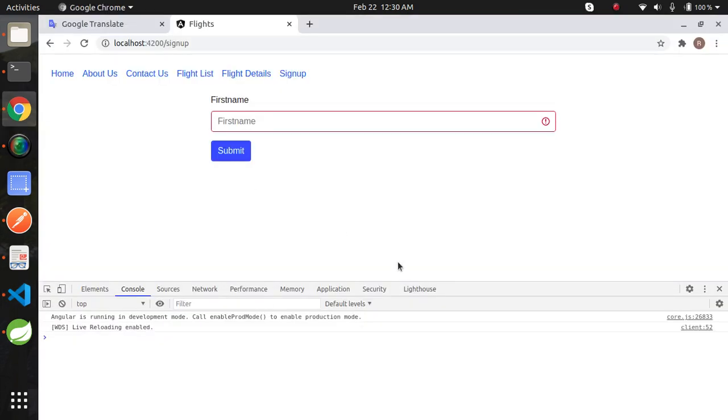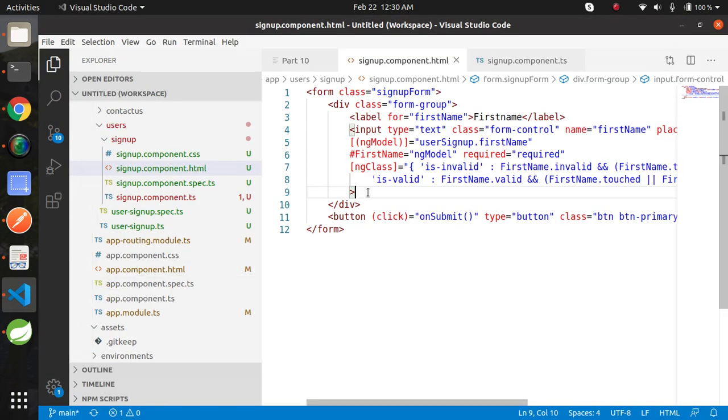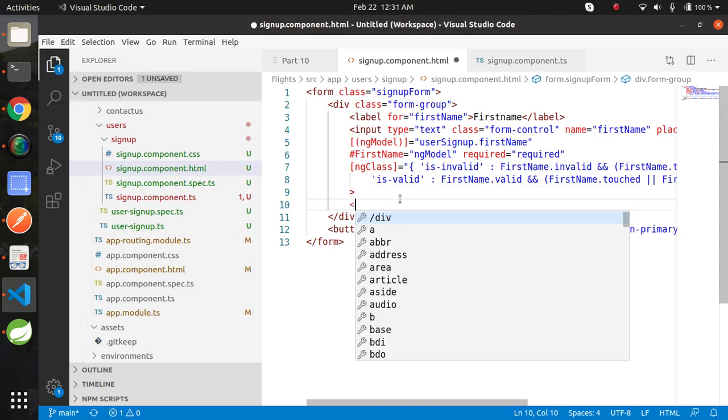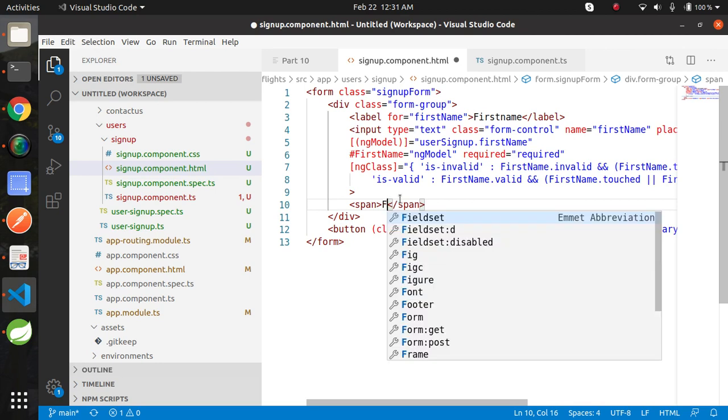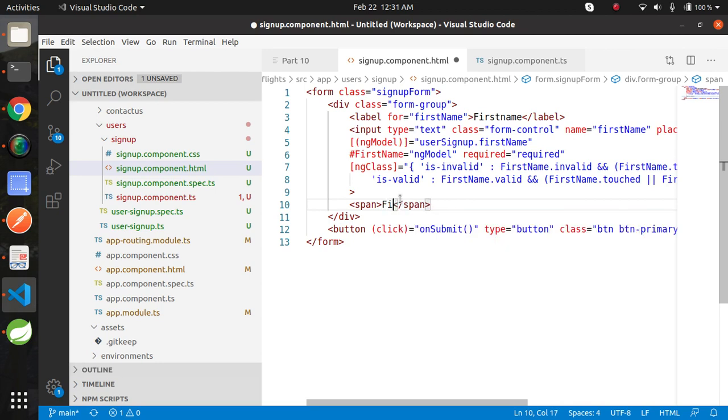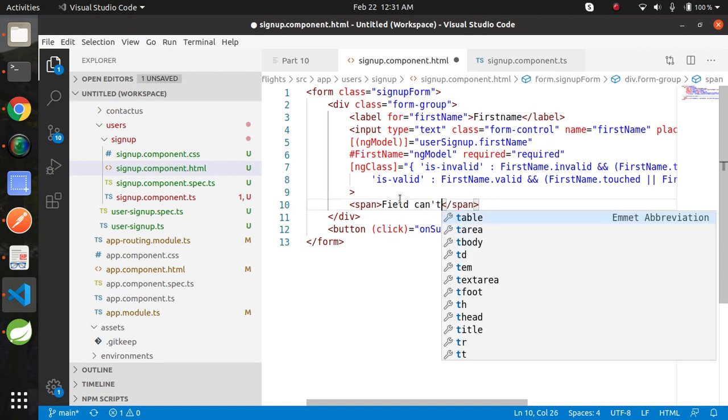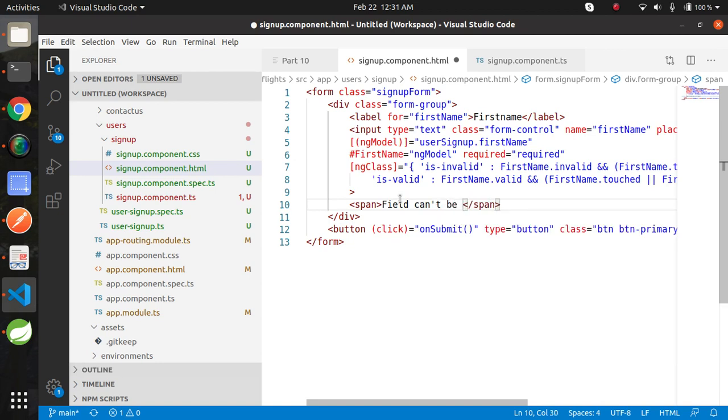Now we need to add some more conditions, like why we are getting the error. We need to add the reason. I'm going to add here a span of type, and I'm going to add here "field can't be blank."